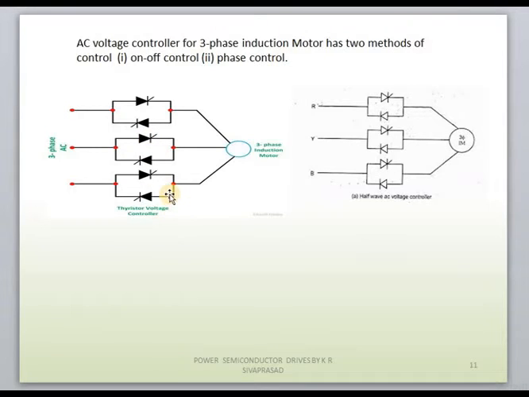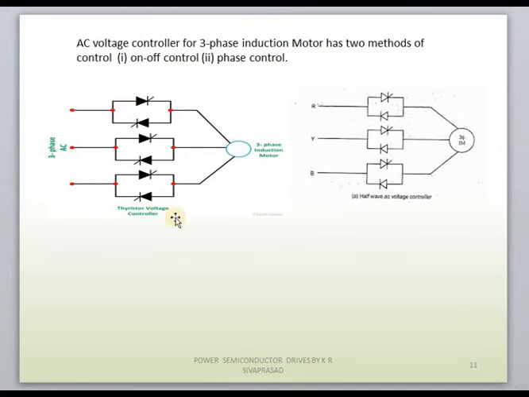That means it is a full wave AC voltage controller. These are also used to control the speed of the machine. So this is basically nothing but the AC voltage regulators only. By using AC voltage regulators, we are controlling the output voltage, and with that we can control the speed of the machine. Okay, we can use a closed loop also.